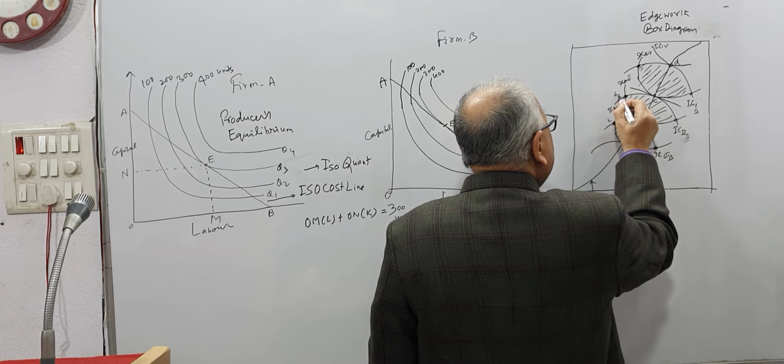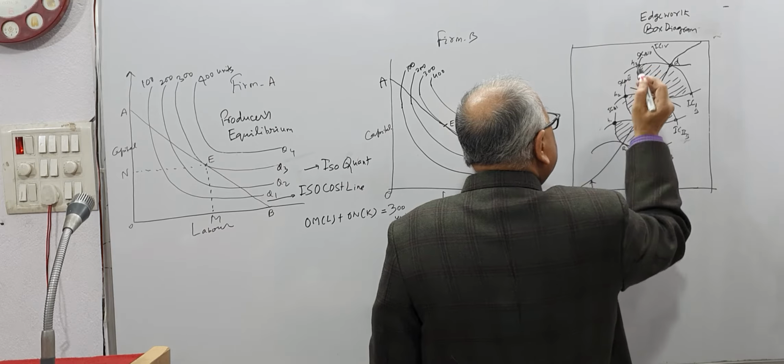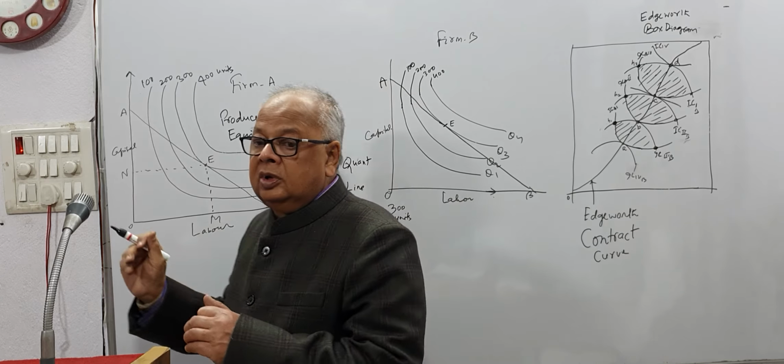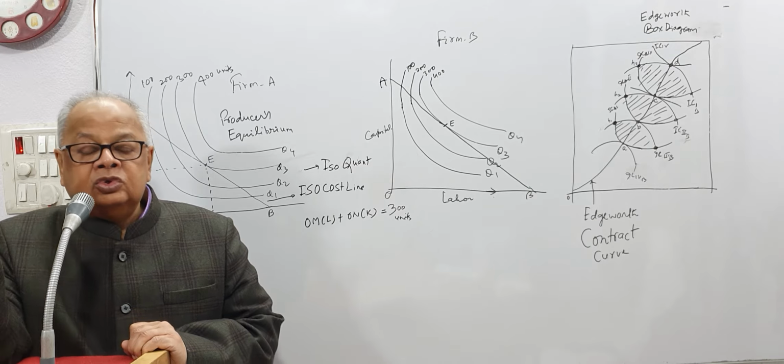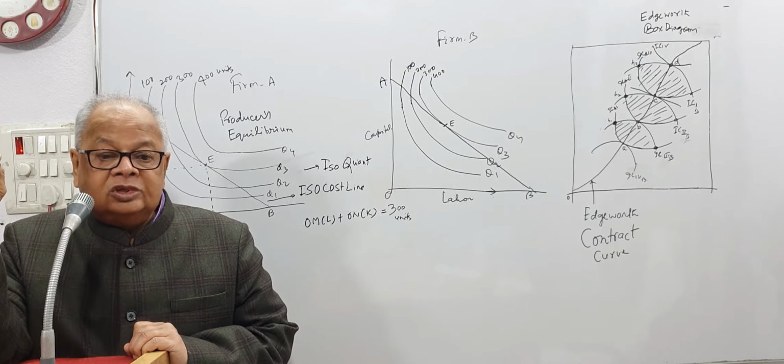H1, H2, H3 are not Pareto optimum conditions because the price line is not tangent. The price line is not tangent to both isoquants. So this is not a feasible solution. So no producer firm will like to shift labor and capital from C to